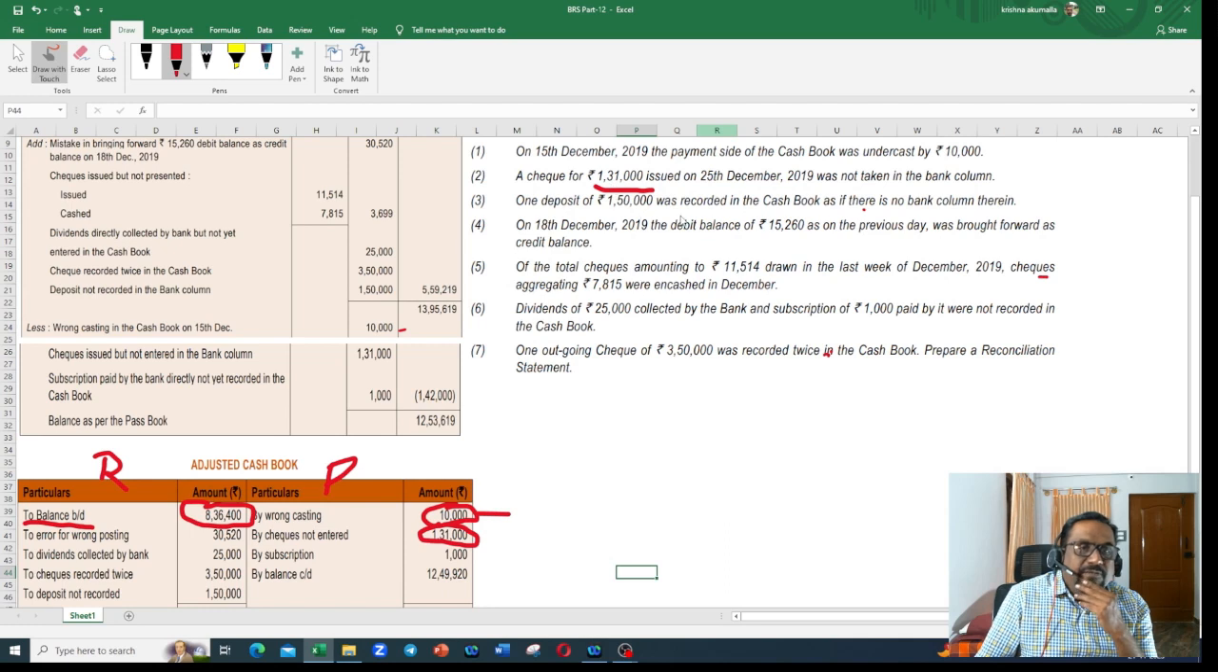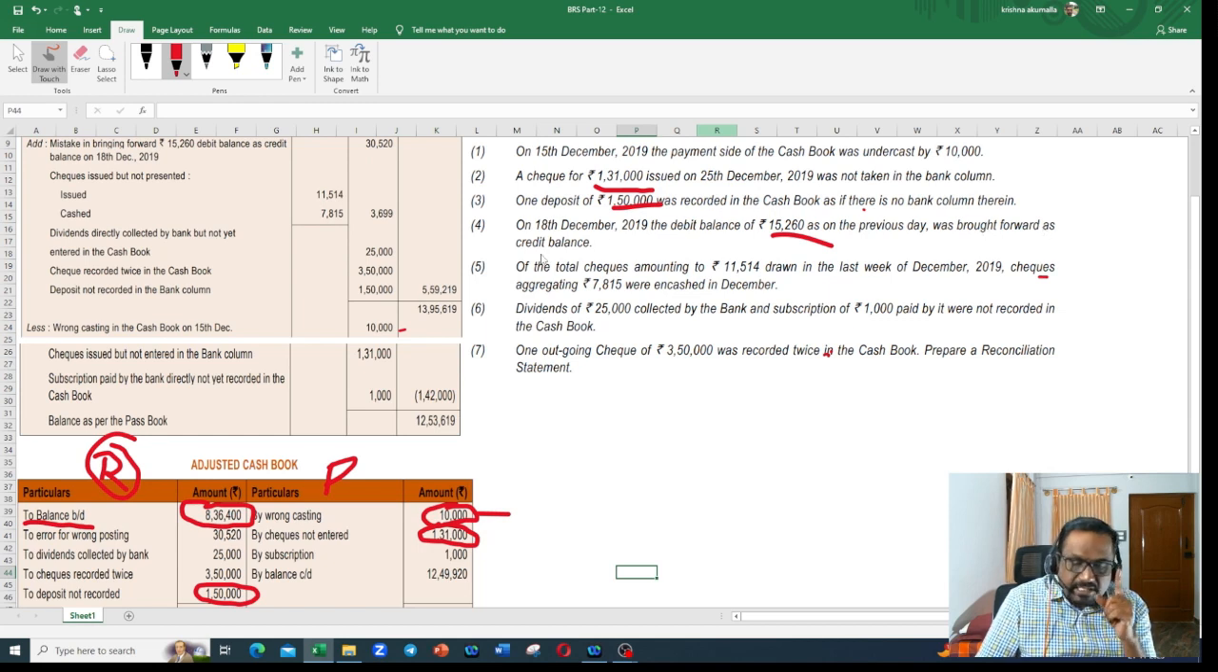A deposit of 1,50,000 was recorded in the cash book as if there is no bank column there. So this is also not recorded in the cash book, 1,50,000. So 1,50,000 I am recording as deposit in receipt side, because deposit is nothing but receipt side, right? So I'm recording that in receipt side. Clear? Right. On 18th December 2019, the debit balance of 15,260 as on previous day was brought forward as credit